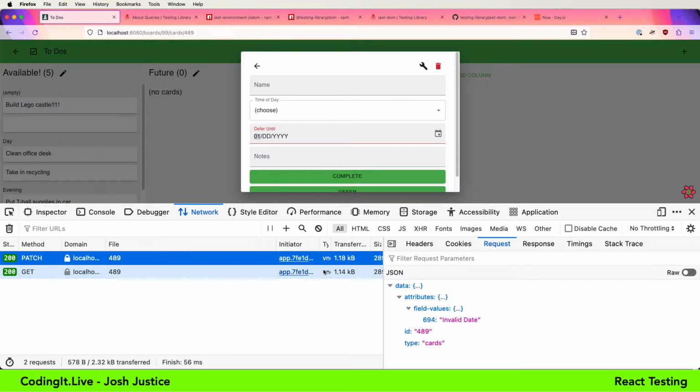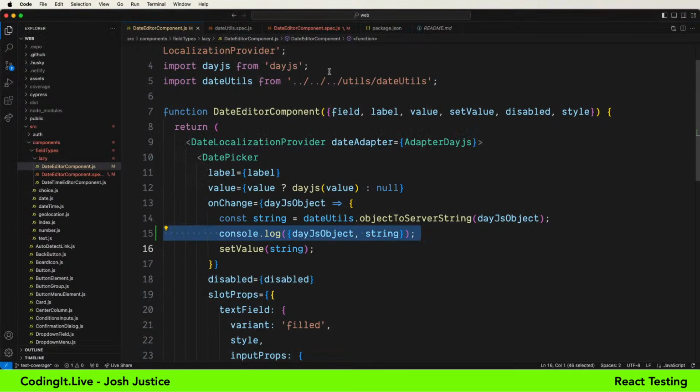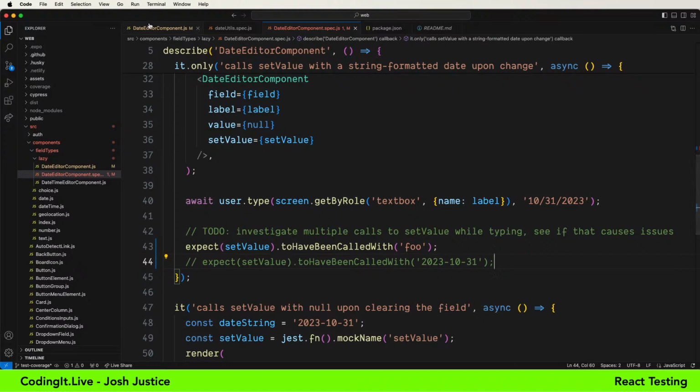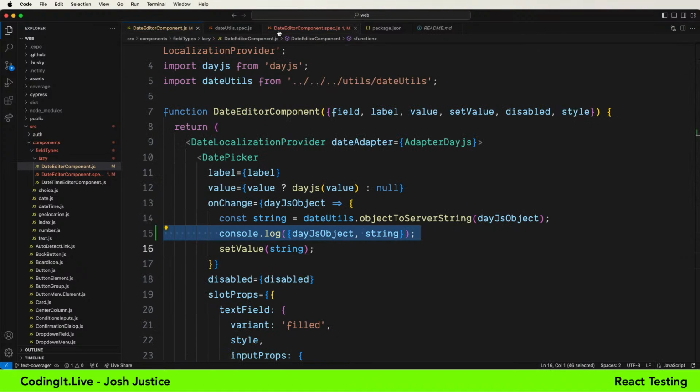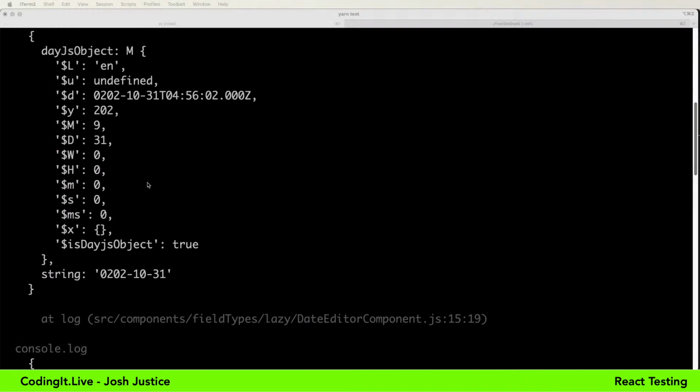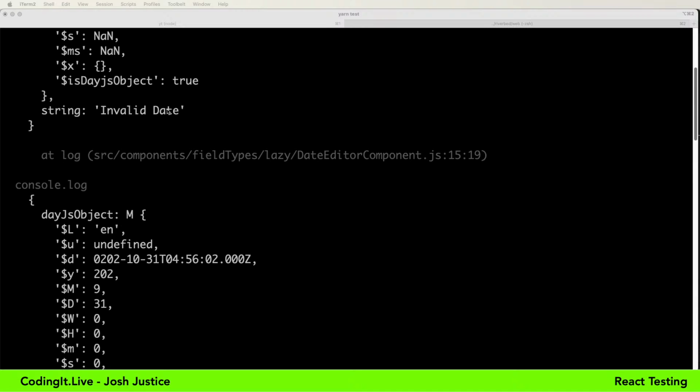So what would I like to happen in the application overall? Overall, I would not like this request to be sent to the server until there's a real valid date value coming back. So now let's take a look in the application at the component and see what we could do at the component level. Well, we could have code elsewhere in the app see an invalid date coming out of it and do something with it, or I guess in this case it turns into a string, so you could look for the string invalid date. But I think we can do better.